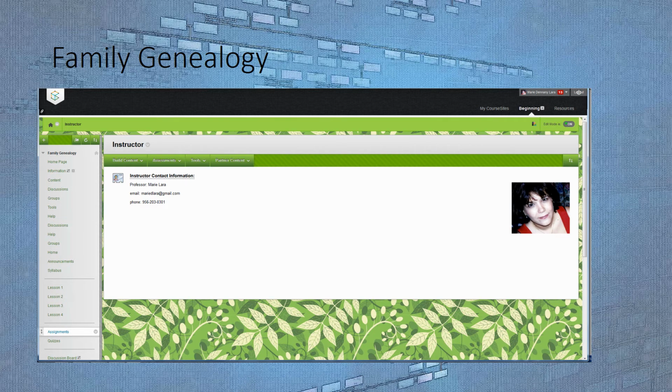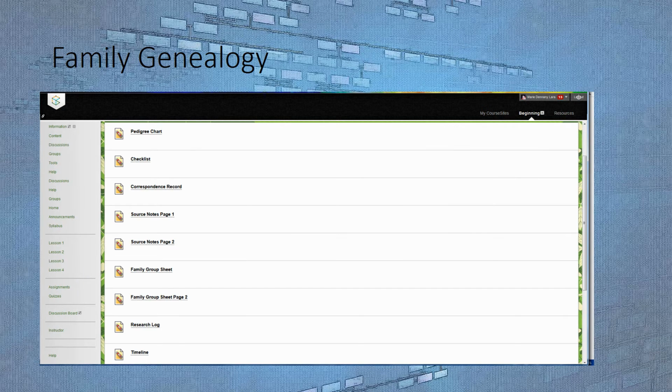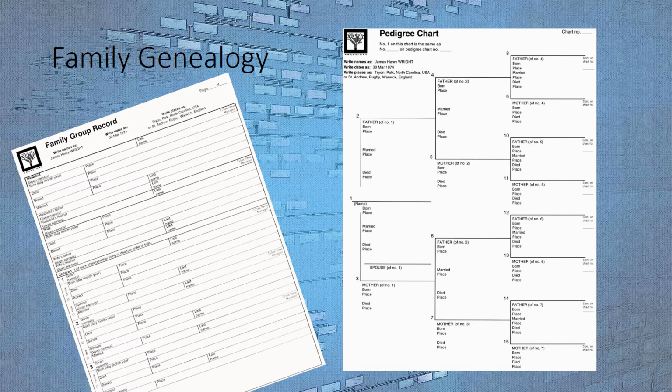I think that's all we have time for, so I'm going to get back to what my course site includes. I included the basic information in an instructor contact information form. Even though I address most of these forms in some detail throughout the course lessons, I also uploaded and stored all the forms and charts I speak about in a folder for the student, shown here. This is a screenshot of some of these forms, records, and charts. These are two key documents in the process of researching your family history, the family group record sheet and the pedigree chart. I present how to fill out these in the course.